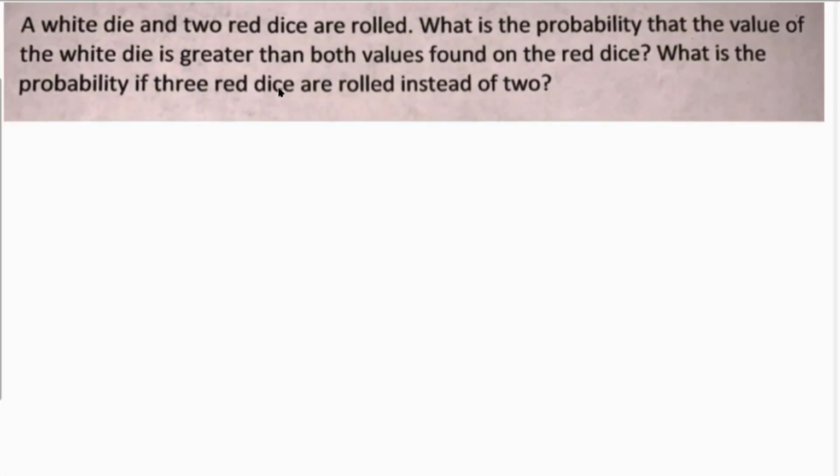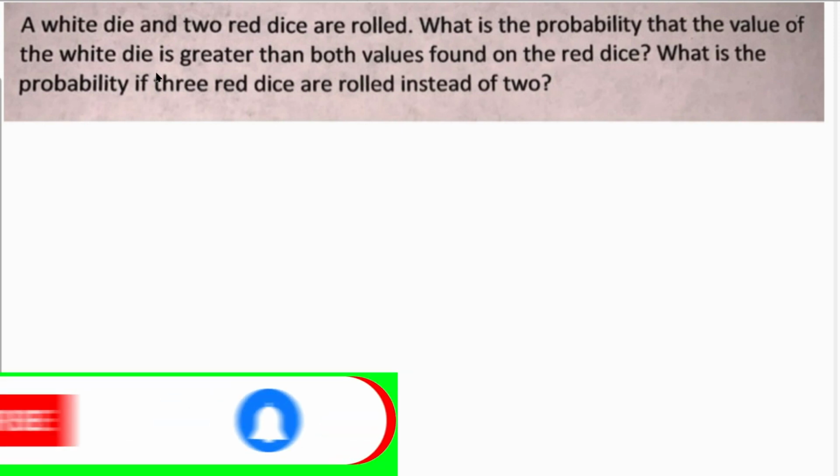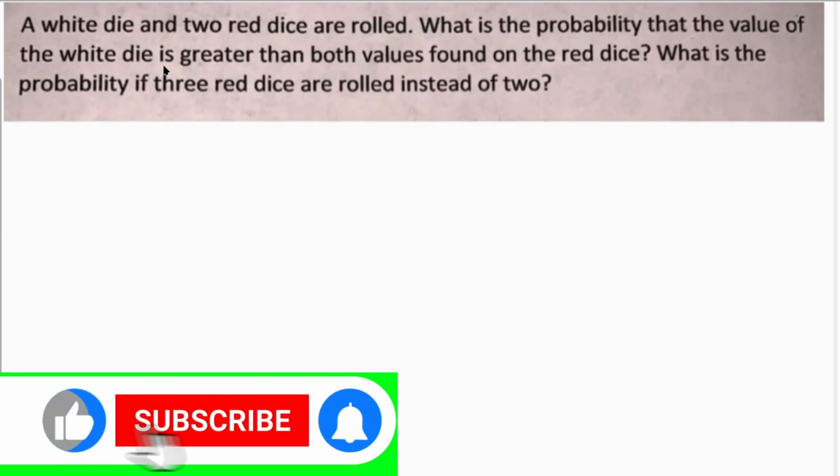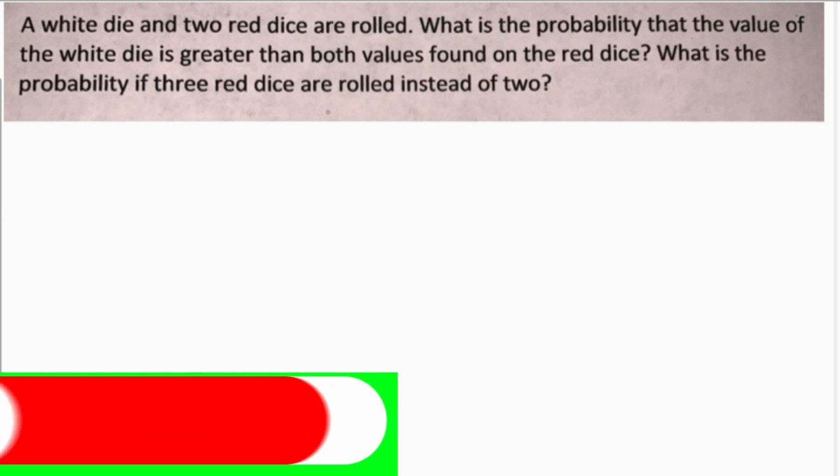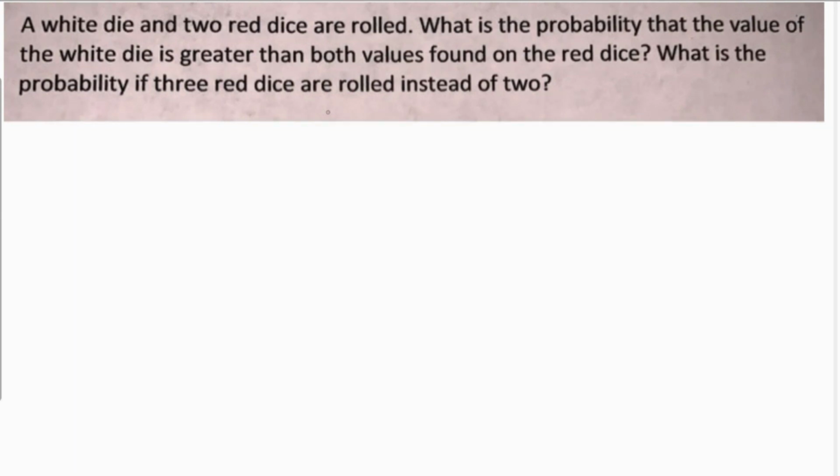A white die and two red dice are rolled. What is the probability that the value of the white die is greater than both values found on the red dice? And what is the probability if three red dice are rolled instead of two? So if the value of the white die is greater than both the values found on the red dice, then in this case the possibilities are,